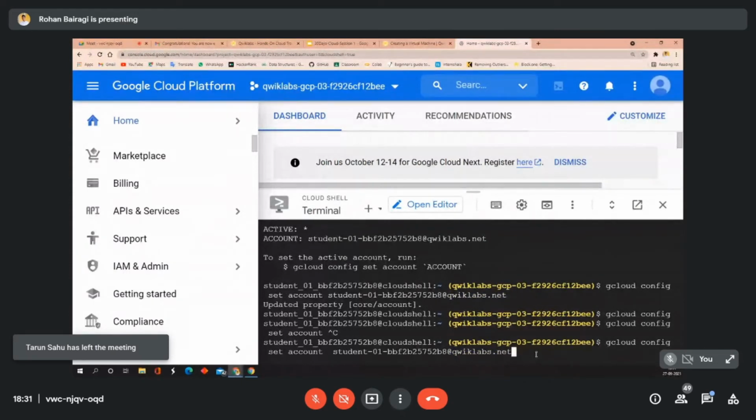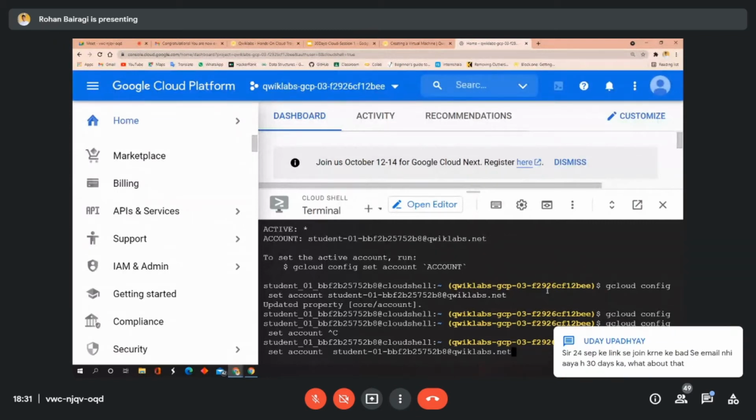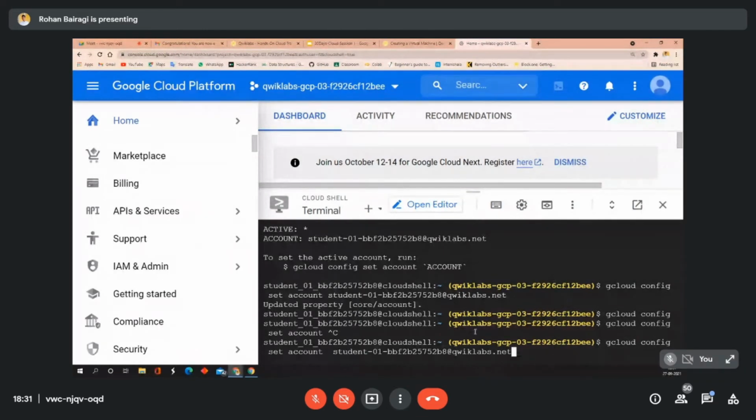Have you done this? Sir, while starting the lab, it is asking for a lab token. Click on use subscription. You don't need tokens, and we don't have tokens also. Use subscription. You got your monthly subscription? No, sir, not yet. Okay, then after this session, we will forward you the PDF on how you can get your monthly subscription. So those who didn't get it, no worry. Just follow the steps written in the PDF.